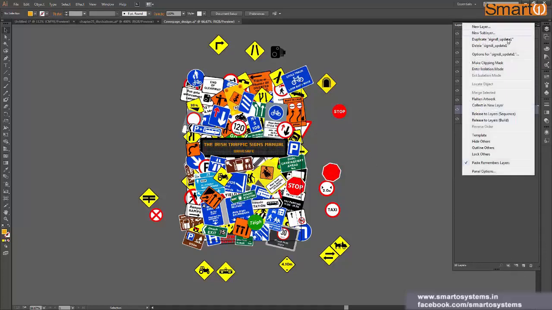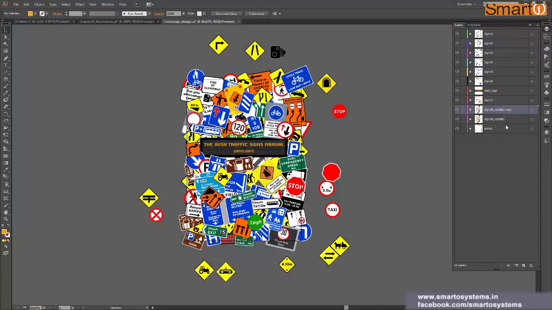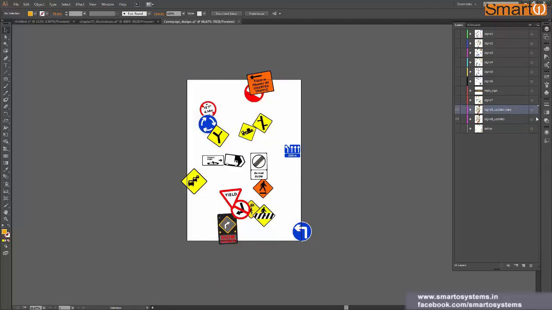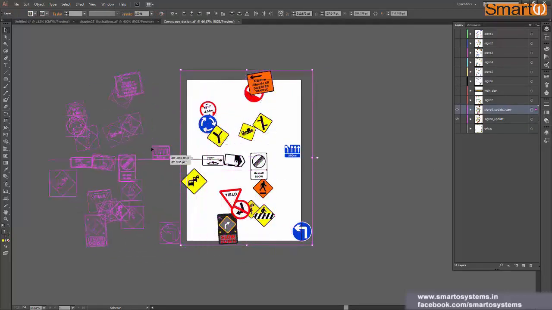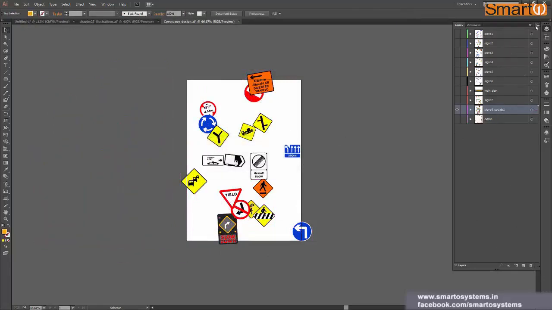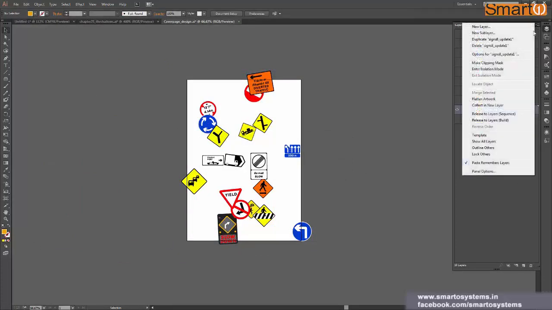Okay, and then I have this option which is called duplicate layer name. If I click on this, it will create a duplicate of the previous layer with a rename, which says layer name copy. So yeah, you have two layers now with the same content. If I select this and move it around, you can see that I have two layers with the same content. So right now I'm just going to delete this one, and let's see what other options we are missing.